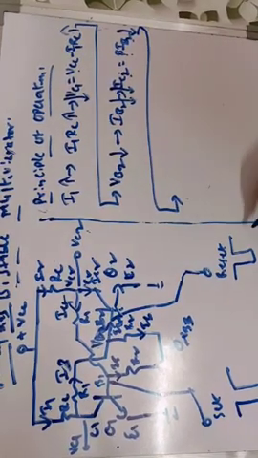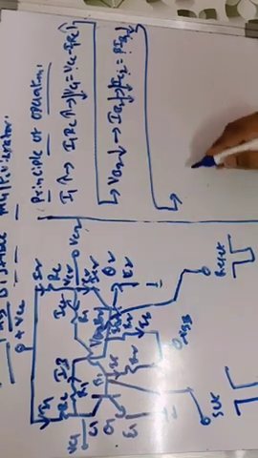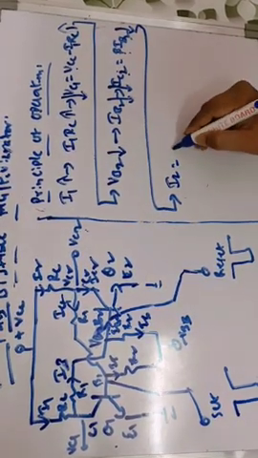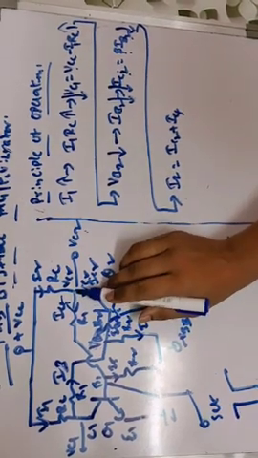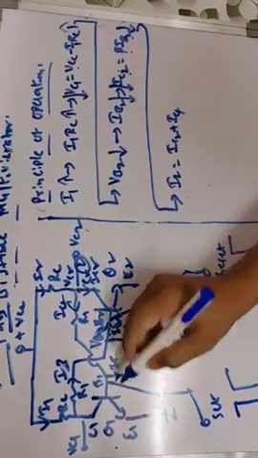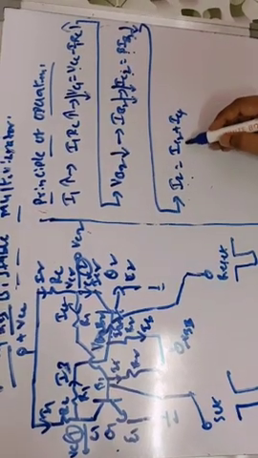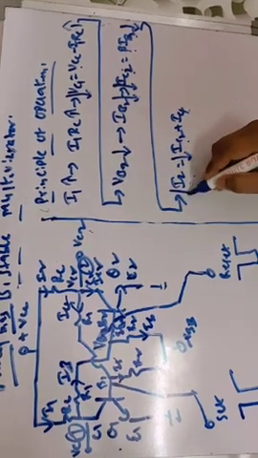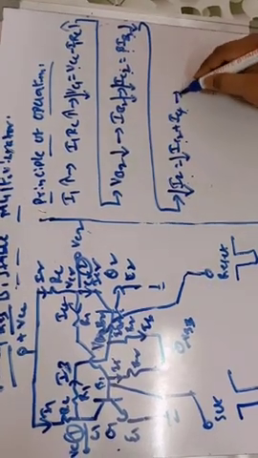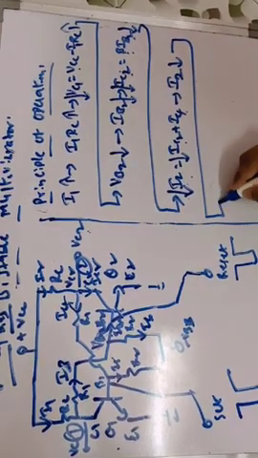So as IC2 decreases, what is the relationship between I2 and IC2? Actually I2 is equal to IC2 plus I4 by applying KCL at node 2. Let us take this as node 2, and this is node 1. At node 2, if you apply KCL, I2 is equal to IC2 plus I4. As the collector current decreases, the overall current I2 decreases. Therefore I2 decreases here. As I2 decreases, what happens?